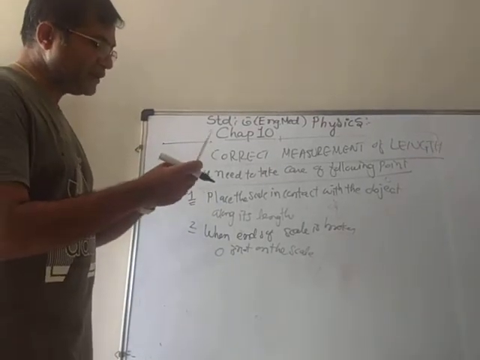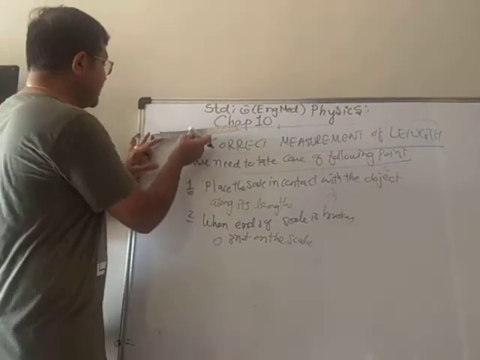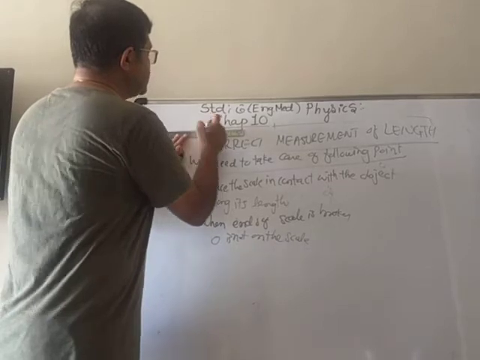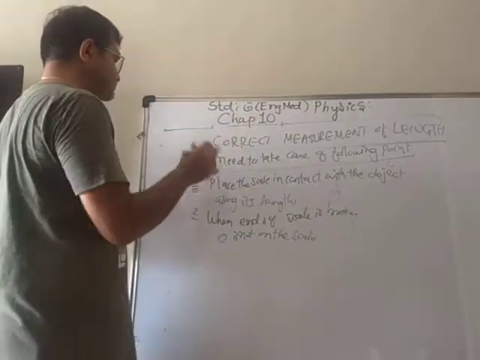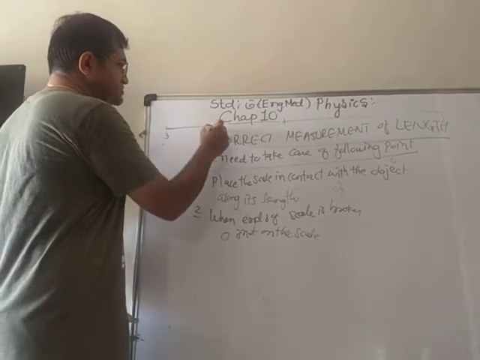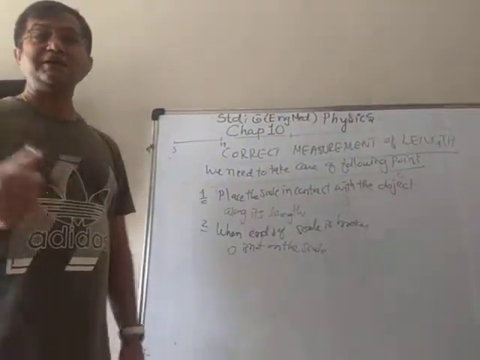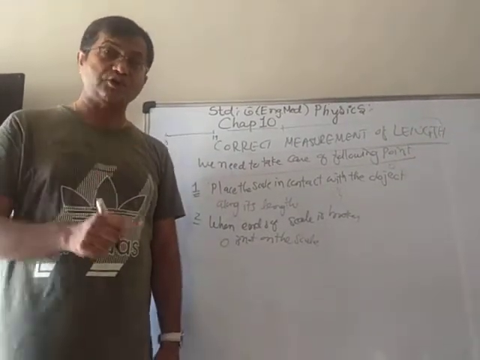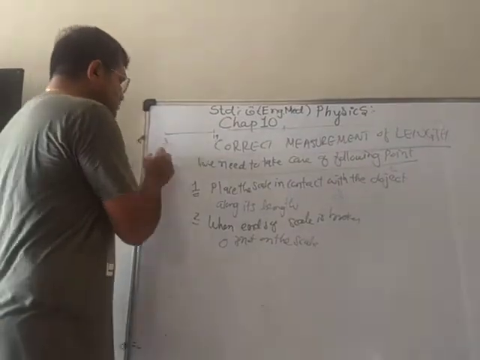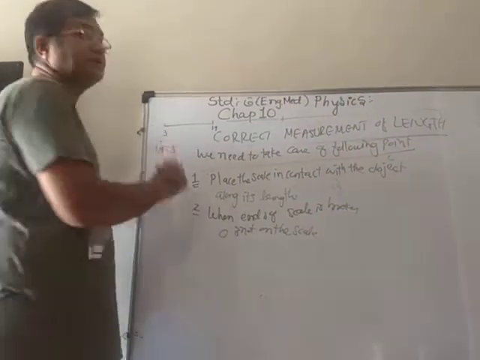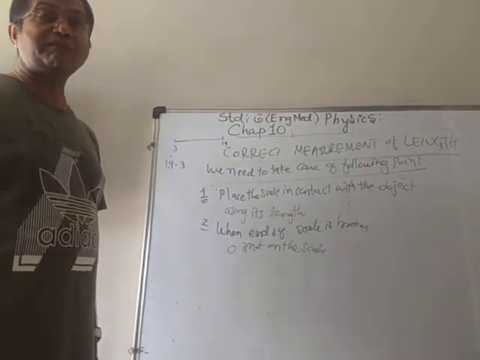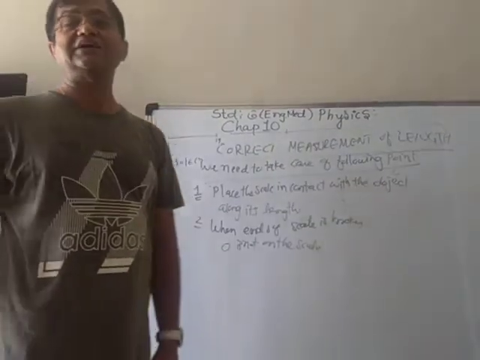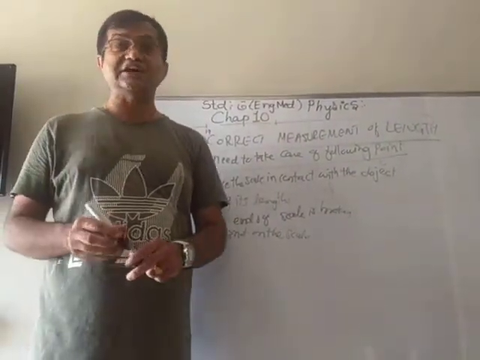So what will I do? I will put that 3 on the first point, and then I will see what the last reading is. Here I can see that on my scale the last is 19. I started from 3 and it ends at 19. It doesn't mean that its length is 19 centimeter, because I didn't start with 0. So in this case I have to subtract 3 from 19. So 19 minus 3 is 16 centimeter. The length of this is 19 minus 3, equal to 16 centimeter.